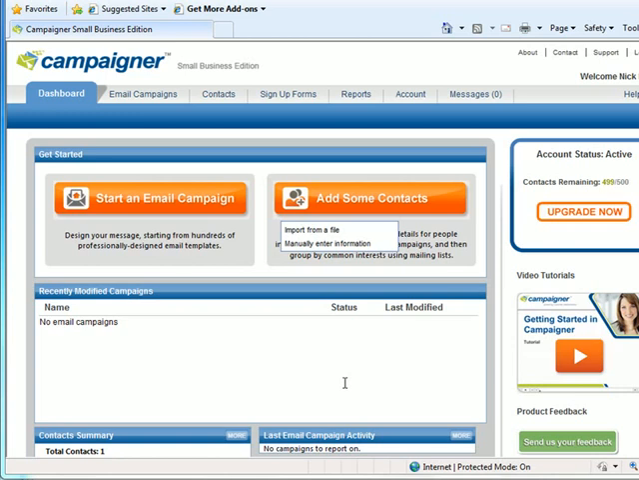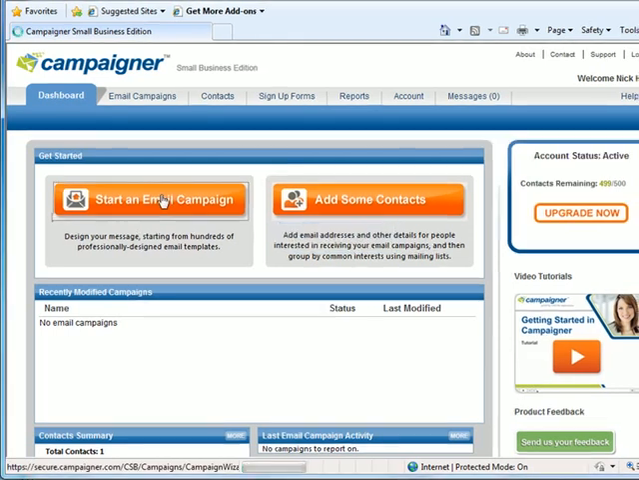When you set up new lists, it's strictly a double opt-in situation, which is cool. That means that people really want your information, even though it's a pain in the neck to set that up. So we can start by clicking on Start a New Email Campaign,